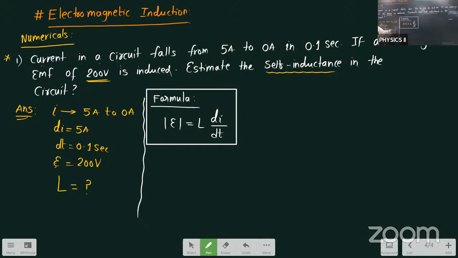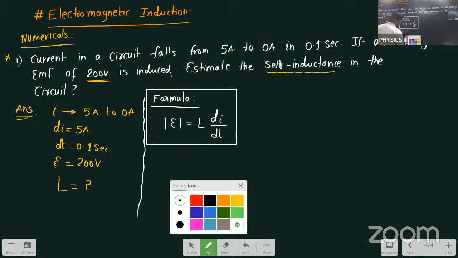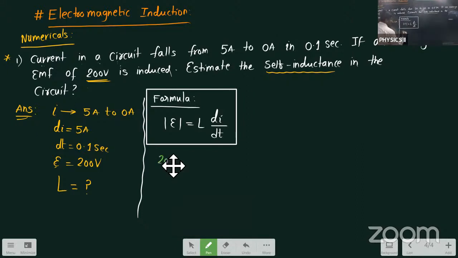We are supposed to determine the value of L. Now see here, let us substitute the value of E. What is the value of E given? 200. We are supposed to determine the value of L. And what is the change in current? 5 amperes. And in how much time? 0.1 second. How can I solve this? See here, I am solving that answer here. This 0.1 can be written as 1 by 10. So this will become